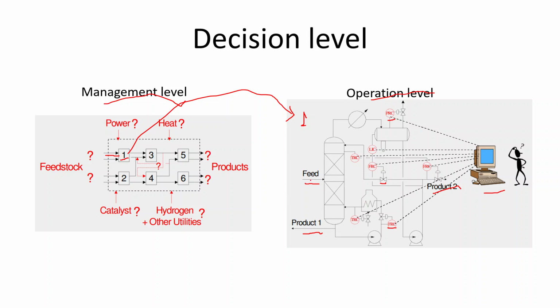So for example, we have feed coming in, right? And then we have this reboiler duty. So that means this is your utilities coming in. So you have your utility coming in, right? This utility is also going into that unit 1, and then we have, for example, heat coming in, and then the utility, maybe this is the cooling water, I don't know. Yeah, we have this condenser over here, and so given these three inputs,